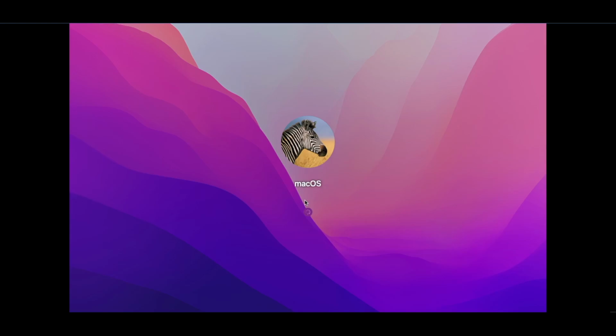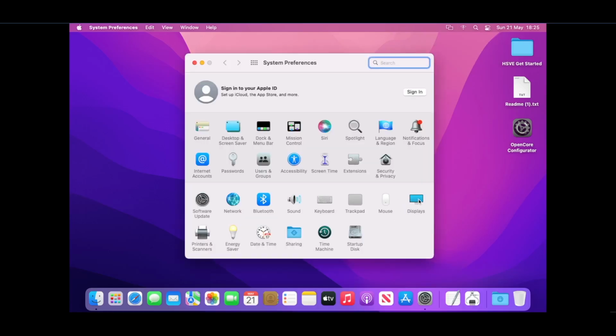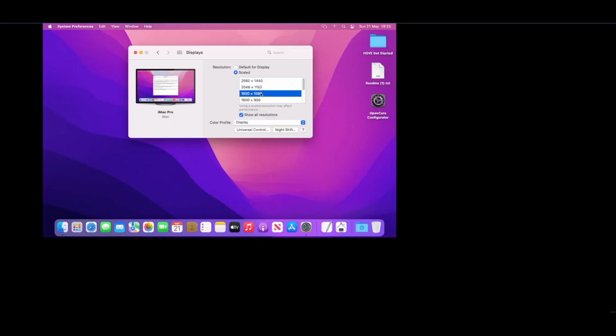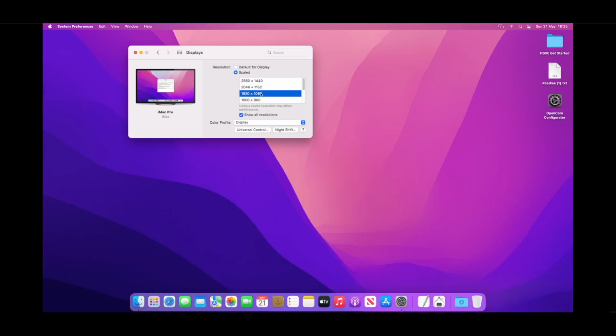I do not recommend using VNC for actually using this system. I recommend something like AnyDesk or TeamViewer, as VNC is quite slow. But you can see now that we have full graphics acceleration. So if I go to system preferences, if it looks slow on this, it's not that slow in real life. It's because I'm doing this over the internet, because this is my server. Set it to 1080p. It will kick me back out to the login screen usually, but once that's done, as you can see, 1080p here. If I just full screen that,